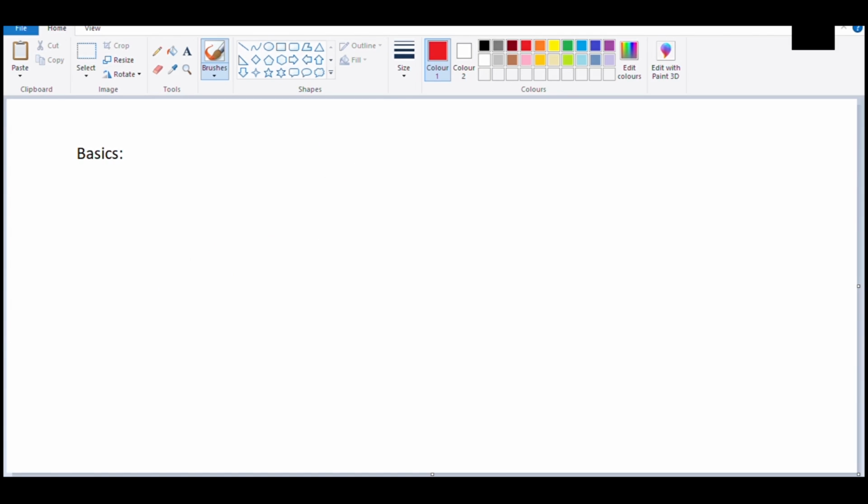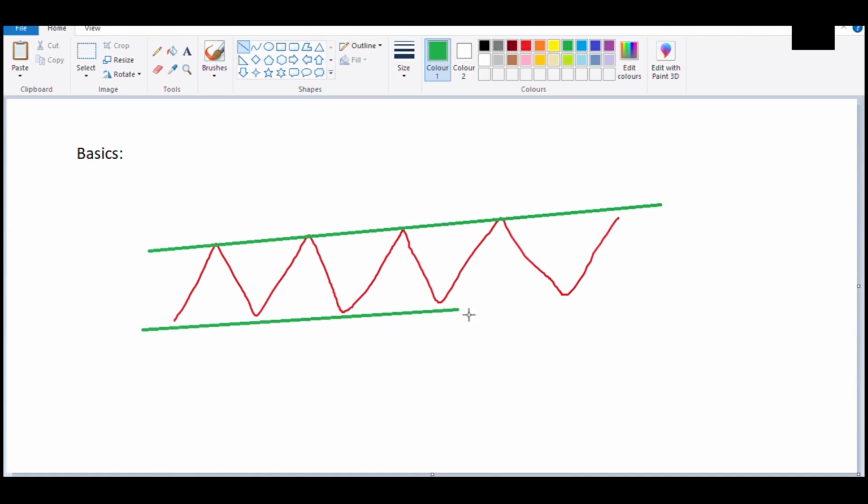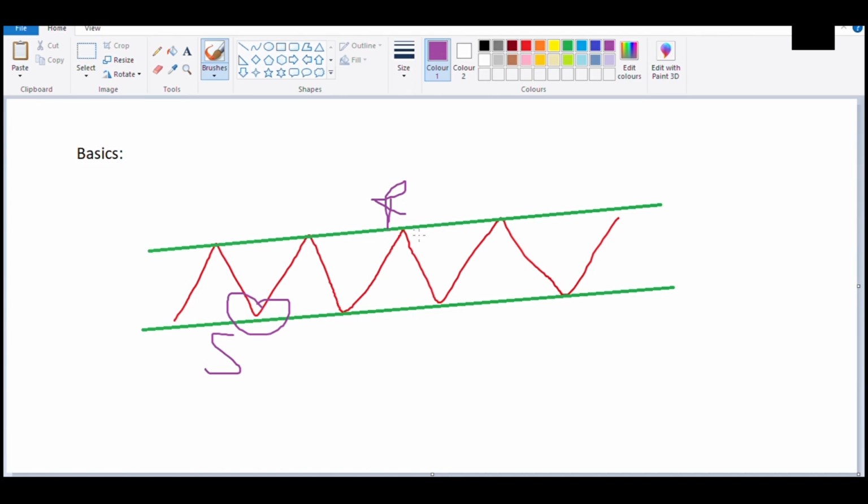Now coming back to the point, how can we trade using support and resistance? Support is something that pushes the price upward. Resistance is something that pushes the price downward. Let us take this as an example. If you draw a line here, then we can draw it like this. Whenever the price comes near the support, it pushes up. Whenever the price comes near the resistance, it pushes down. So this is how support and resistance work in combination.